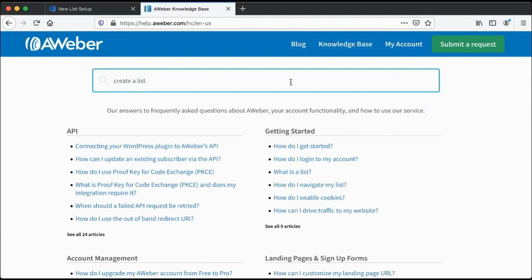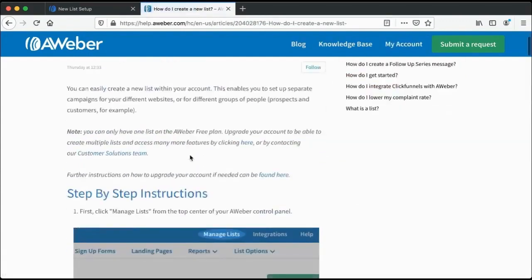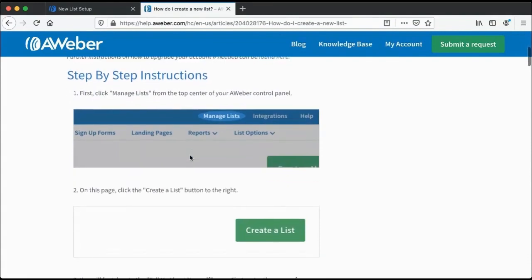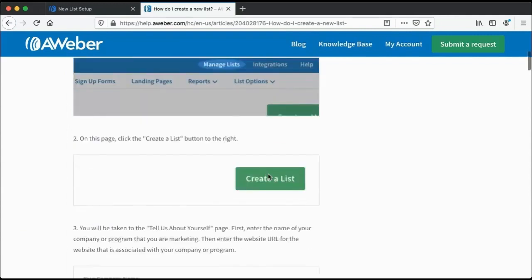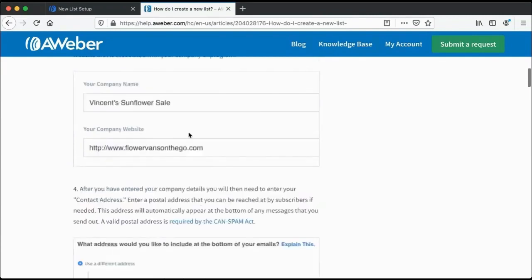Remember the walkthrough that I showed to you earlier? So let's say we go here. How do I create a list? Click here, step-by-step instructions. Do you see the same process that I just showed to you? But this is even more convenient because they just screenshot every single step for you. Just now, I went to manage list, remember? I clicked on create a list, and then I showed to you the company name, the website URL.